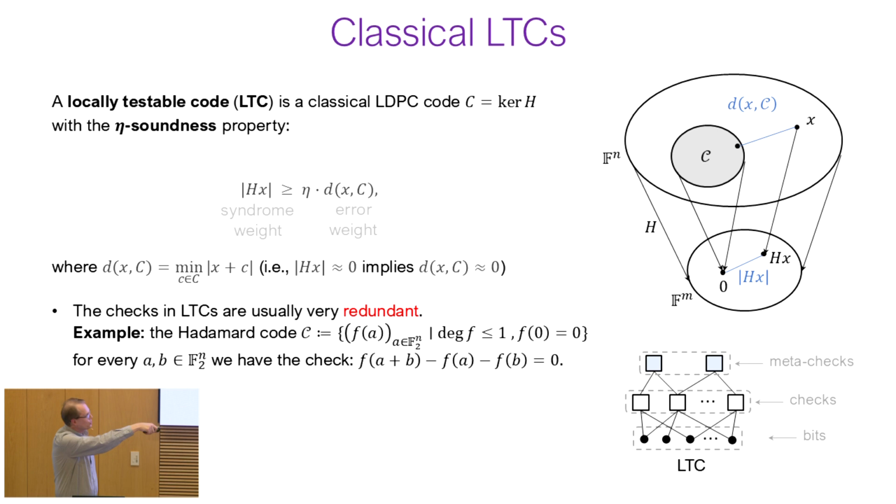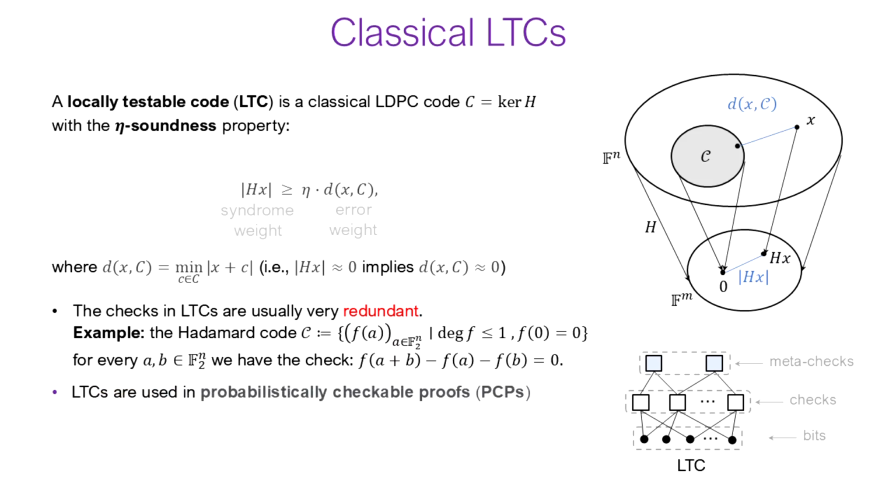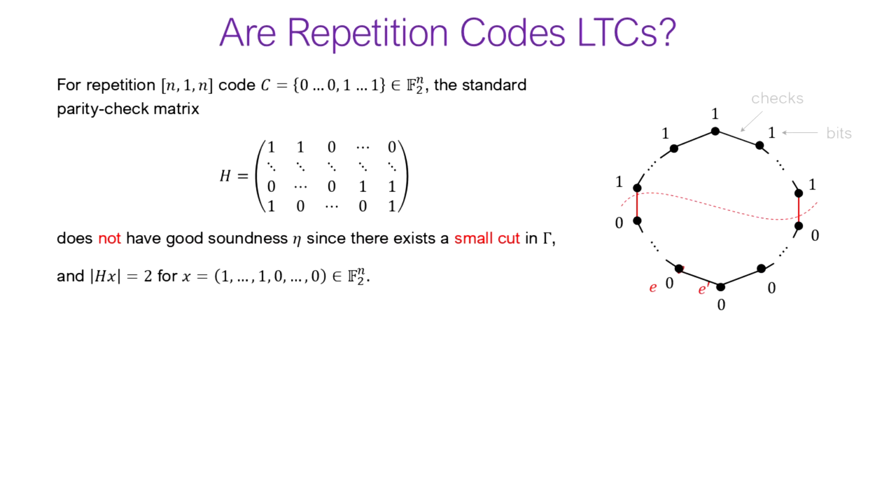So in this sense, you can easily see the connection with quantum LDPC codes, because here we have Tanner graphs that consist of three parts, and you can see that this, in fact, also gives you a chain complex. And locally testable codes are very popular because they are used in probabilistically checkable proofs. Okay, and the natural question to ask is whether some well-known codes, like, for example, repetition codes, are locally